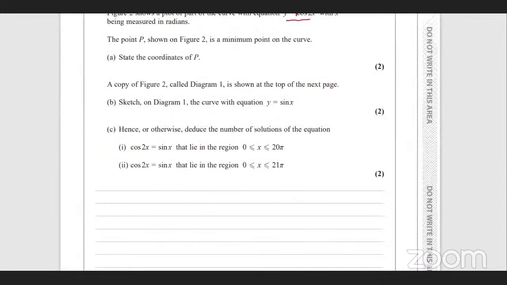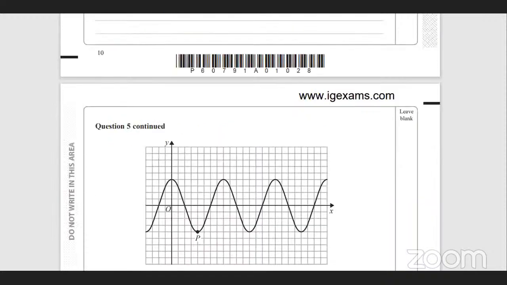Sketch on diagram 1 the curve with equation y equals sine x. So they have given us cos 2x. This is the curve for y equals cos of 2x, and they want us to plot y equals sine x. Now there's a difference. We know that this is pi by 2, this is pi and this would be